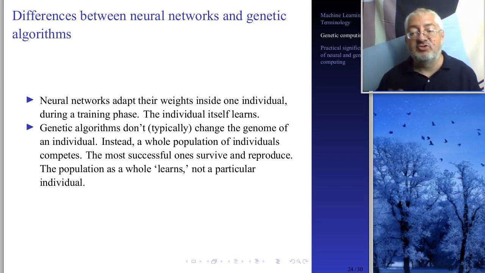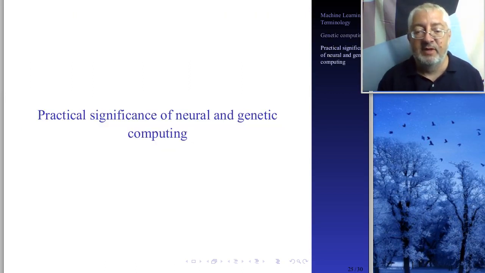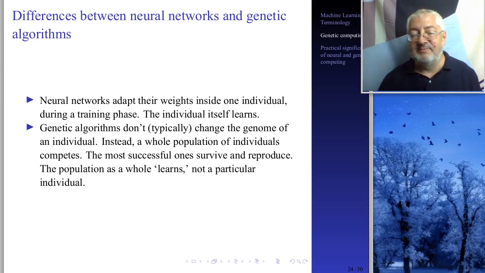The other is, in genetic algorithms, you have an evolutionary pressure. In neural networks, you have an error at the output of the neural network. So there are similarities, but there are also differences. And neural networks are much better researched than genetic algorithms. Genetic algorithms are not generally used so much. They have not been researched so much, and there are not so many different kinds of genetic algorithms, and they are not so well adapted to particular engineering tasks as neural networks.